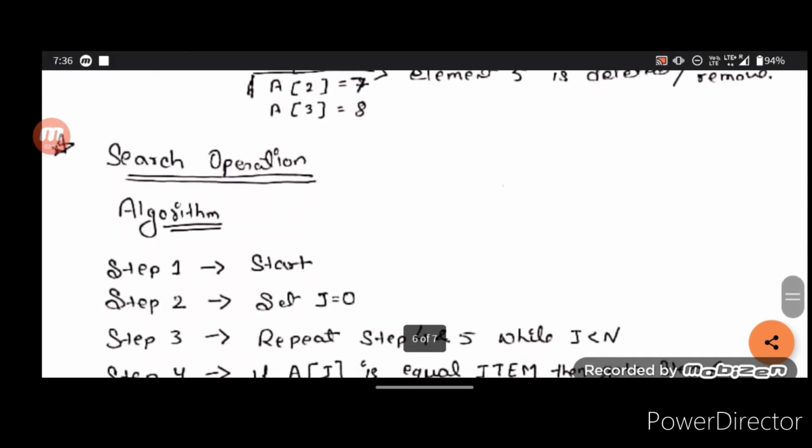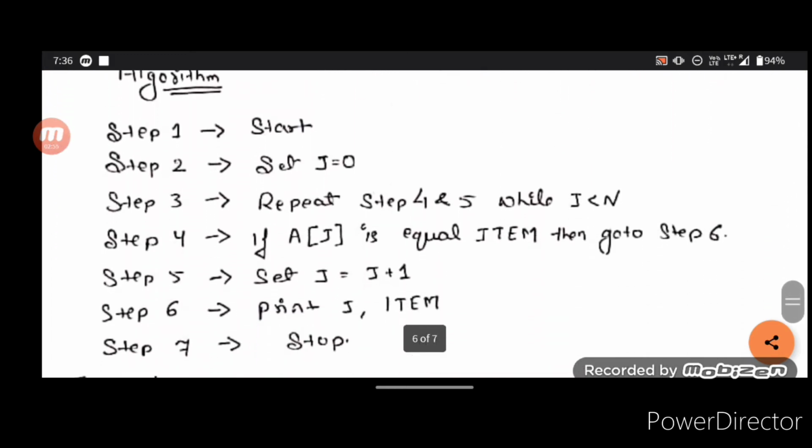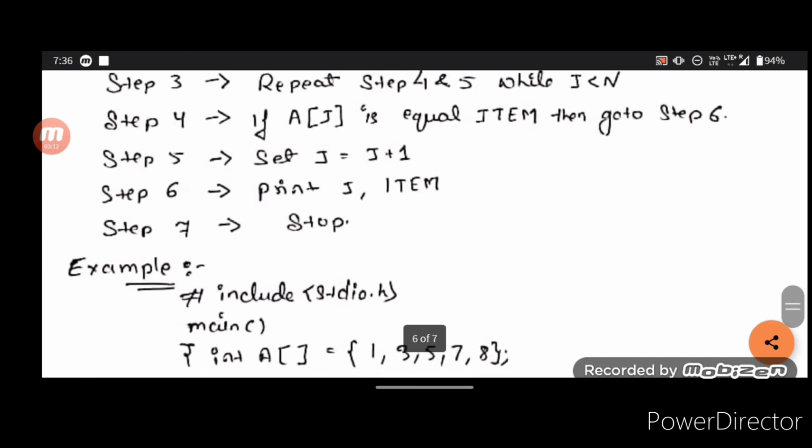In the search operation, there is an algorithm for searching an element: start, set j equal to 0, then repeat step 4 and step 5, and after that we print j or the item and stop the program.